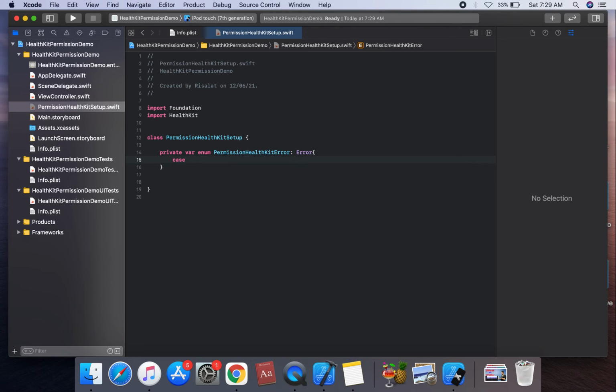The first case is device not available, and the second case is data not available on this device.